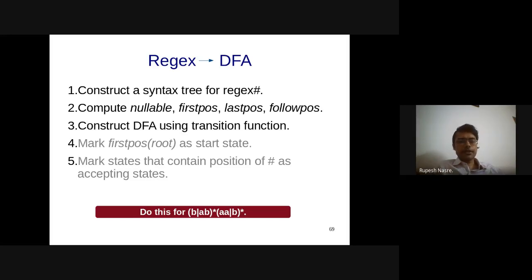You'll have to create the syntax tree first. Then find the nullable. B, A, B will not be nullable, but the two star nodes will become nullable. Once you have the nullable, then you can define the firstpos, then the lastpos, and using that you can construct the followpos. Once you have constructed the followpos, then from the syntax tree we have to compute the transition function. So take the start state corresponding to the root of this syntax tree, and from there on different symbols, in this case also A and B, compute whatever transitions are possible. Please spend some time thinking about this, and then we'll move.